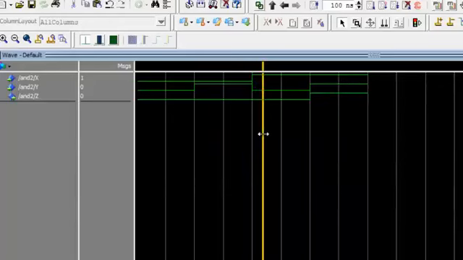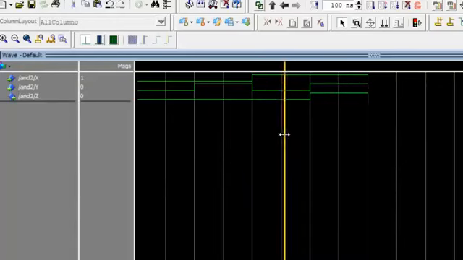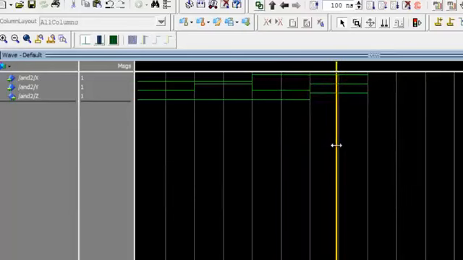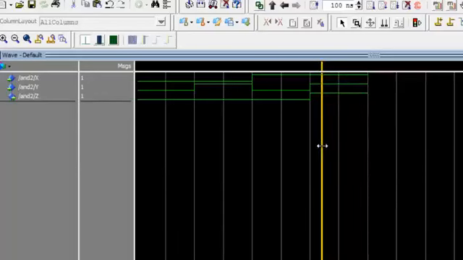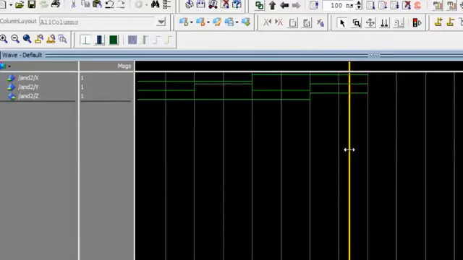Now for 200 nanosecond to 300 nanosecond, you are having the value of output as 0. After that, for 300 nanosecond to 400 nanosecond, you are having the two inputs as 1, and as it is AND operation, you are having output also as 1. So we can see that our coding is perfectly right for the 2 input AND gate.